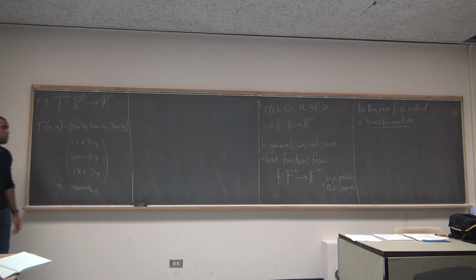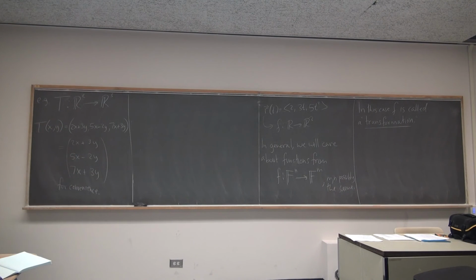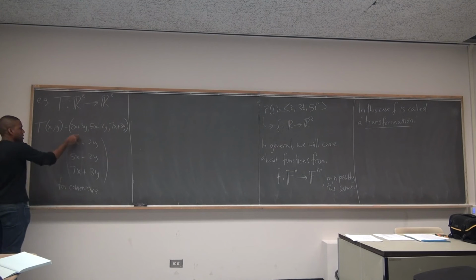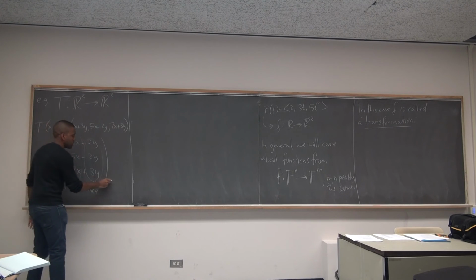But even that might not be convenient enough for me. I don't want to be writing all these x's and y's. Clearly you can see here that everyone in the first column has what? An x attached to it, right? So clearly here I have an x column, and clearly here I have a y column.